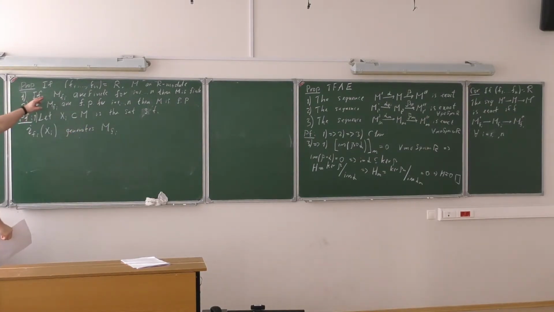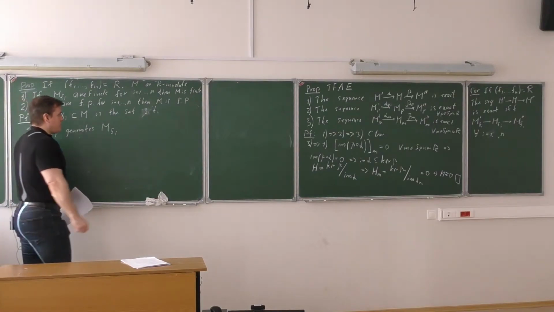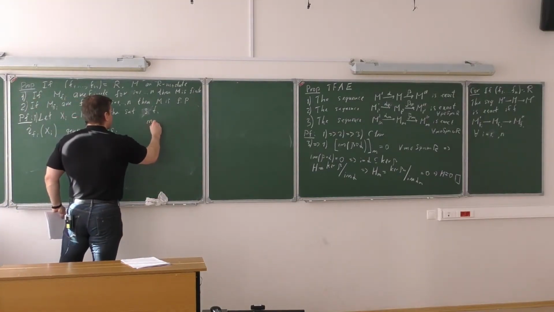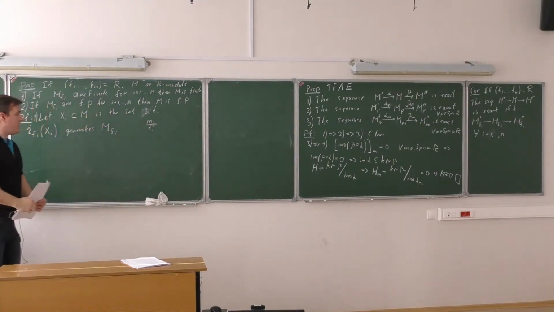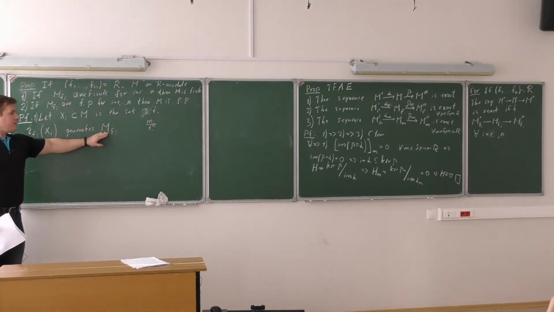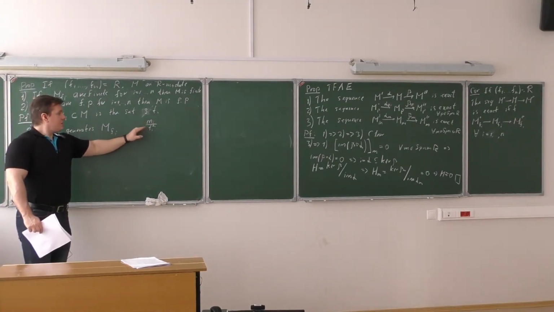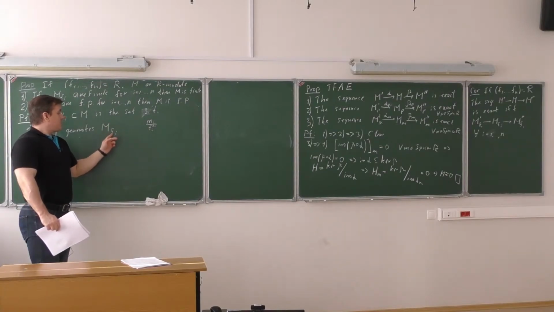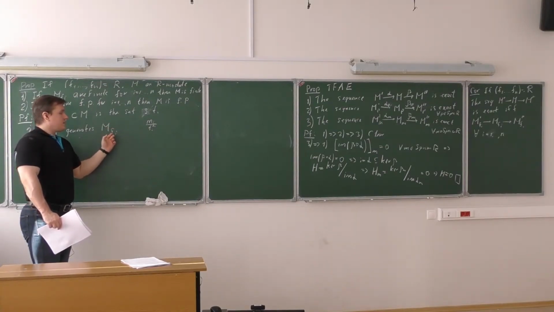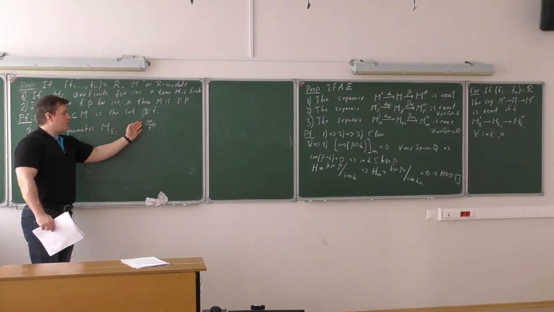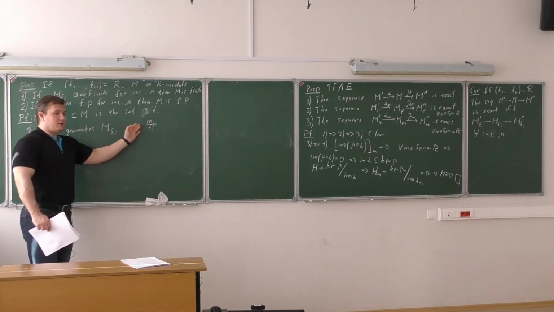We know that all such M_{f_i} are finite modules, so they are generated by finite sets. So there is a finite set of generators. In general, they would look like some m_i over f_i^k with m_i in M. So this is a general form of any element in this module. But I claim that you can as well just take these denominators to be equal to 1, since this is a module over the localization at f_i, and all such f_i's are invertible elements. So if you multiply a generator by an invertible element of the ring, you still get a generator. So without loss of generality, you can think this is m_i over 1.